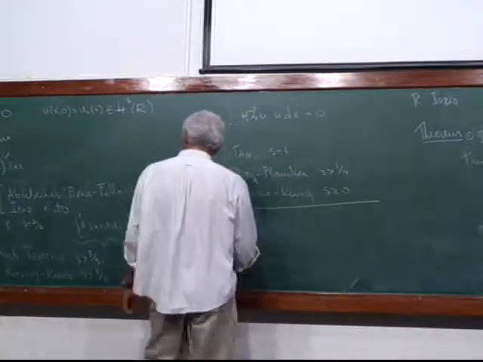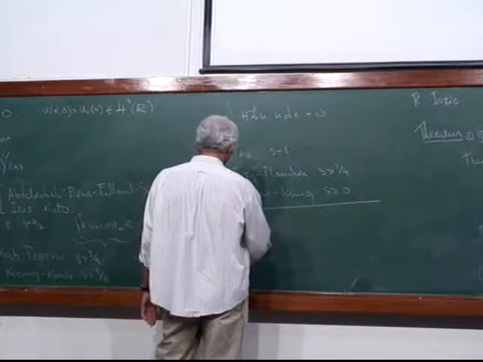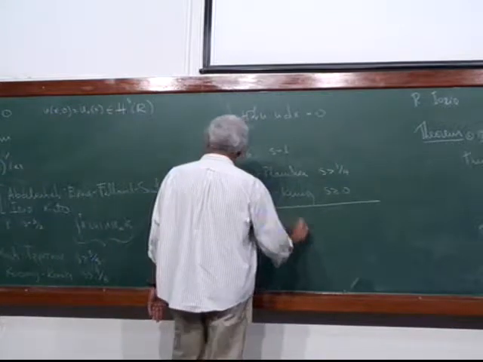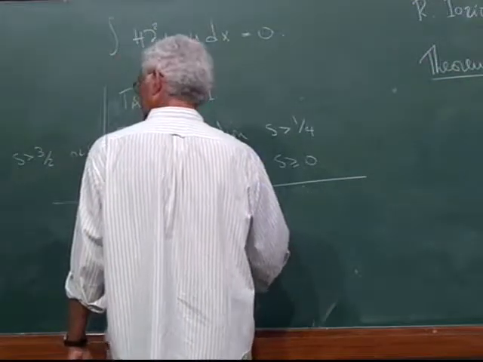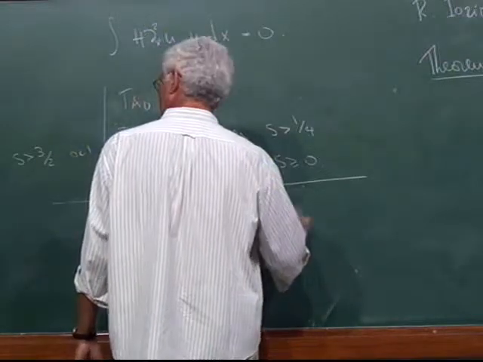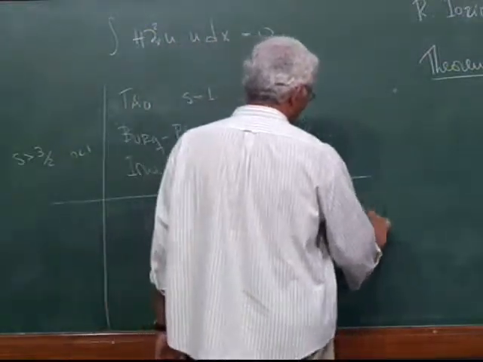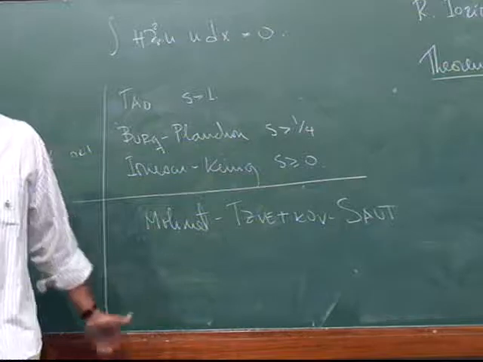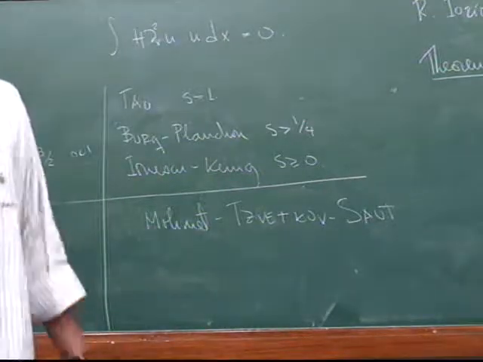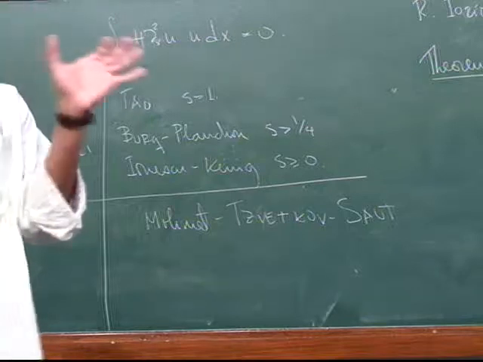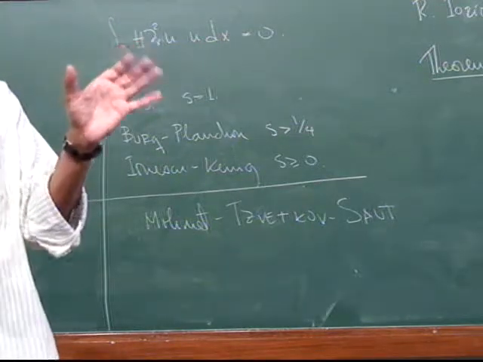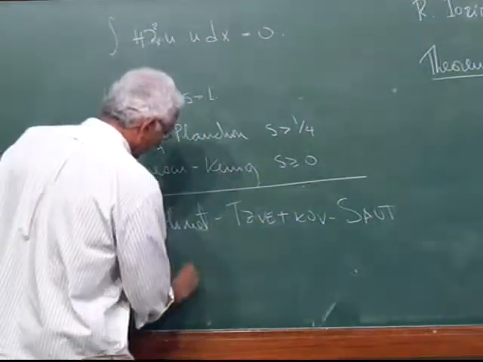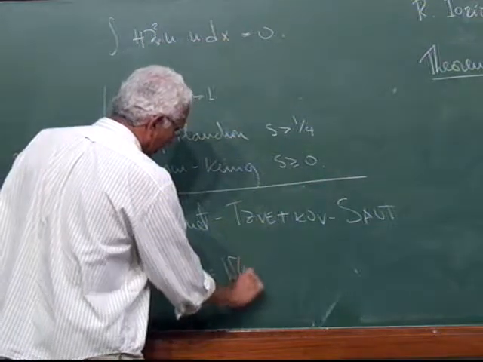Well, it came out that Molinet, Saut, Tzvetkov, and so on proved that no matter what S you choose, as large as you want, you cannot use the contraction principle in this way. There is no way that when you write this integral equation, you can say, oh, the nonlinear part is as good as the linear part. It never happens. When you write the integral equation for the Benjamin-Ono, this is the group,